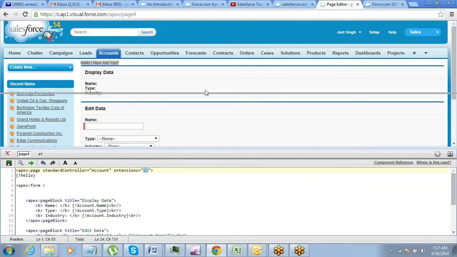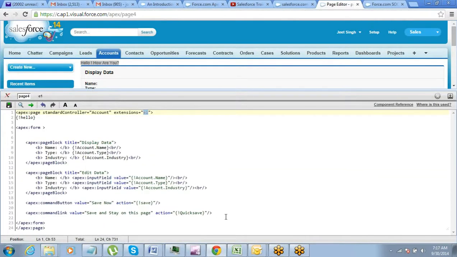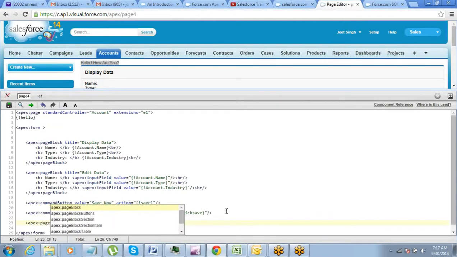Though this is a standard controller page of account, you can easily come here and display the list of campaigns as well. Apex page block.